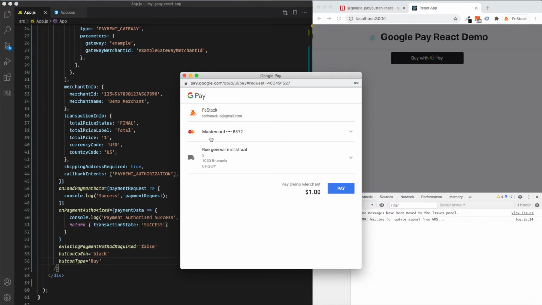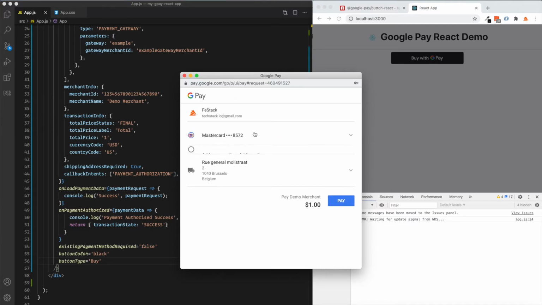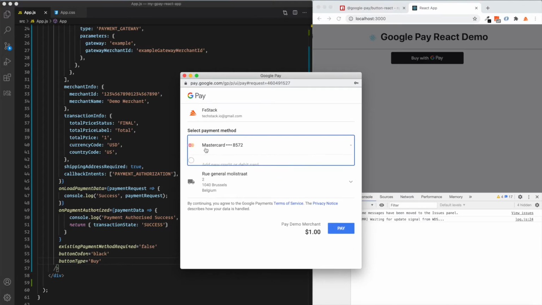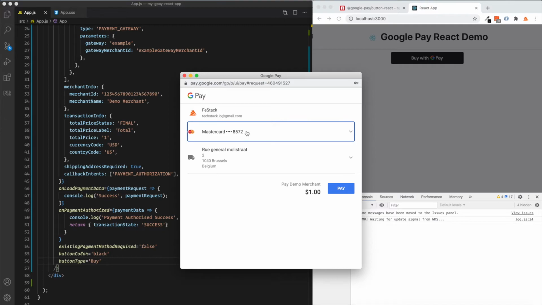And it will quickly show you the available payment methods basically. So right now I have added my MasterCard here. You can come and change anytime you want, but right now I'm using my existing payment method. And as you see, in the code I enabled this shippingAddressRequired true. So that's why my shipping address is showing here. But I will show you the functionality of this after this.